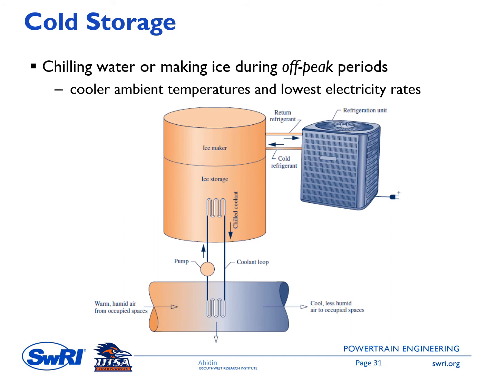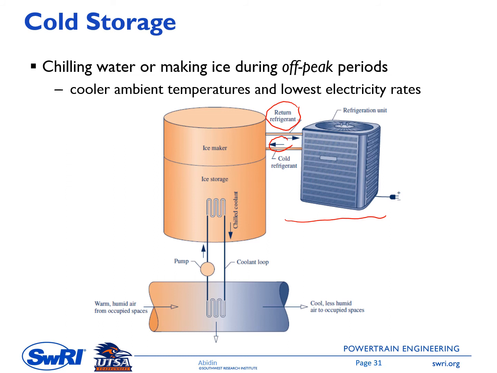is also the cheapest. So in this simple schematic, we have a refrigeration unit at the top here, and then there will be a cold refrigerant that is circulated to this ice maker, and then inside this one ice will be generated, and then the refrigerant returns back to the refrigeration unit from this line. Okay, and then once again this chilling water or ice making is conducted during the off-peak period, and in the daily